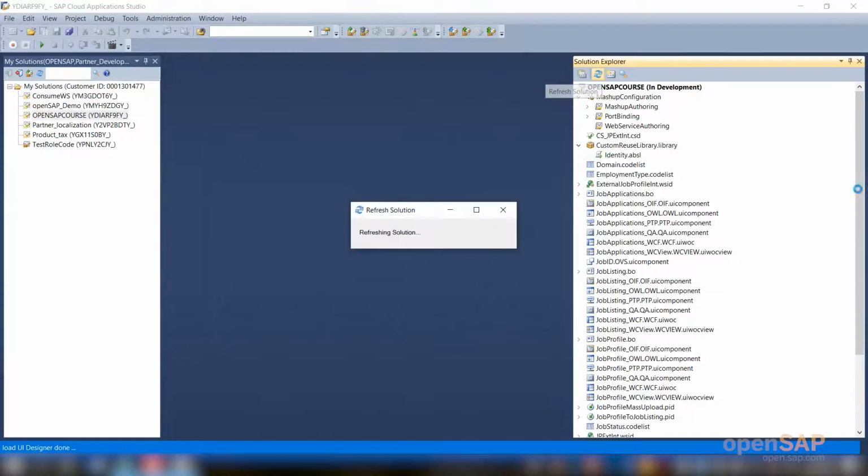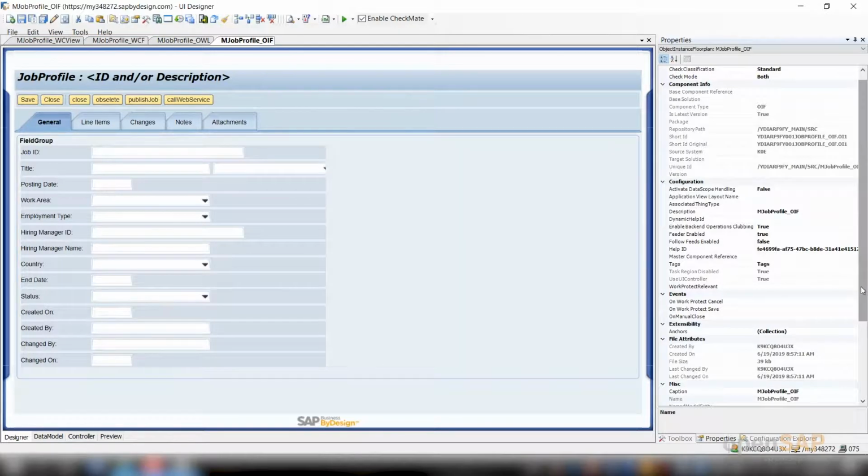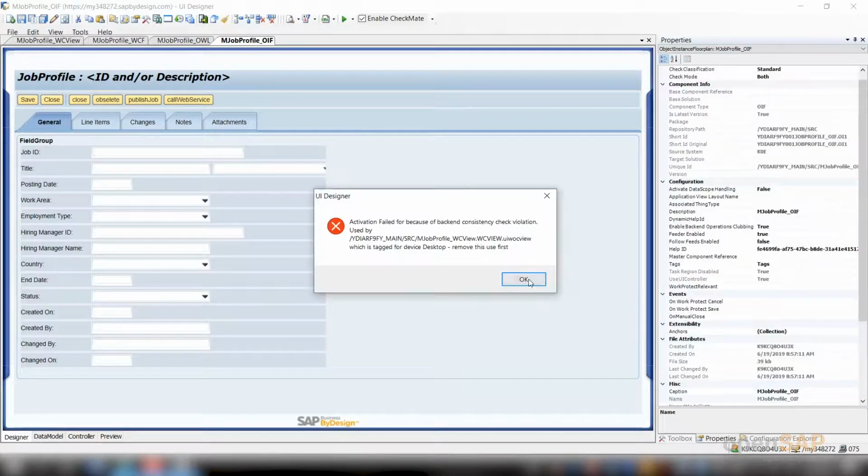So, we could just close it and come back to the Cloud Studio and just do a refresh, just to ensure that the screens that you have generated are all activated. And now you could see still there it shows inactive. So, maybe I will have to activate again. This could be required at times. Maybe I just activate them again one by one.